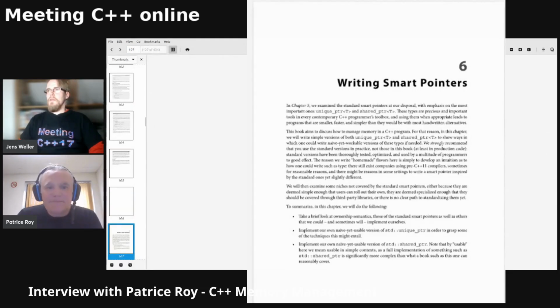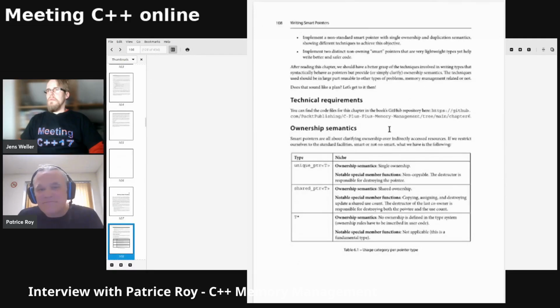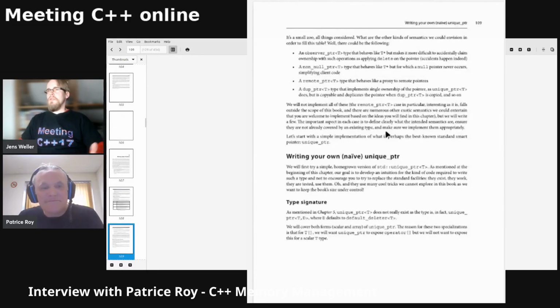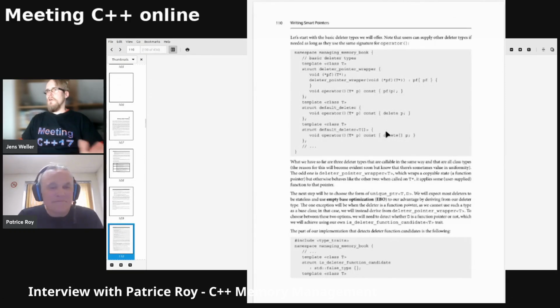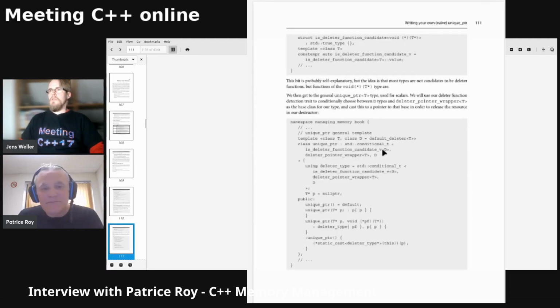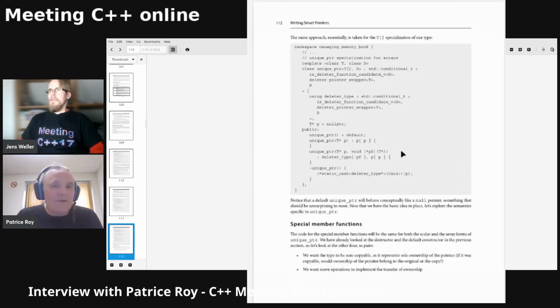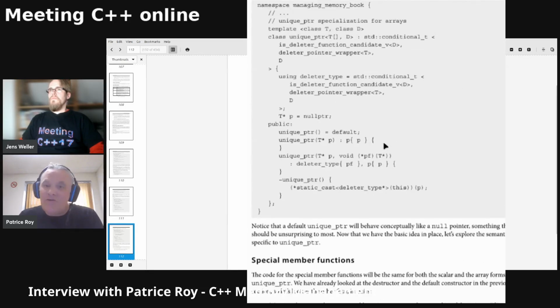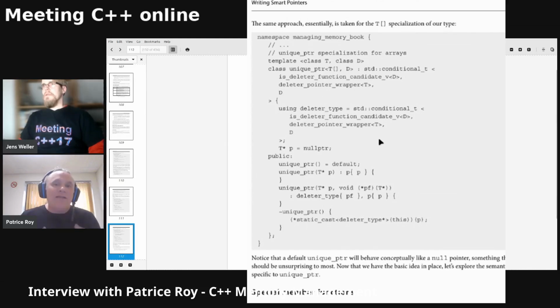Well, let's take a look at writing. I have to say that showing the implementation of those smart pointers is probably also very interesting for people who don't want to write their own, but want to understand basically how they work. Like how does unique pointer actually work, and what are the mechanics of that? Well, it's one possible implementation because your standard library writers do a very good job, and please use their stuff. But writing one yourself, at least you get a better idea of what's going on there.